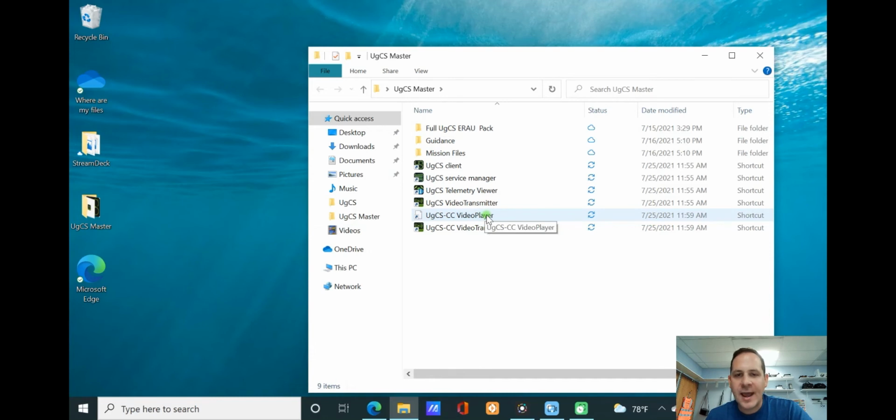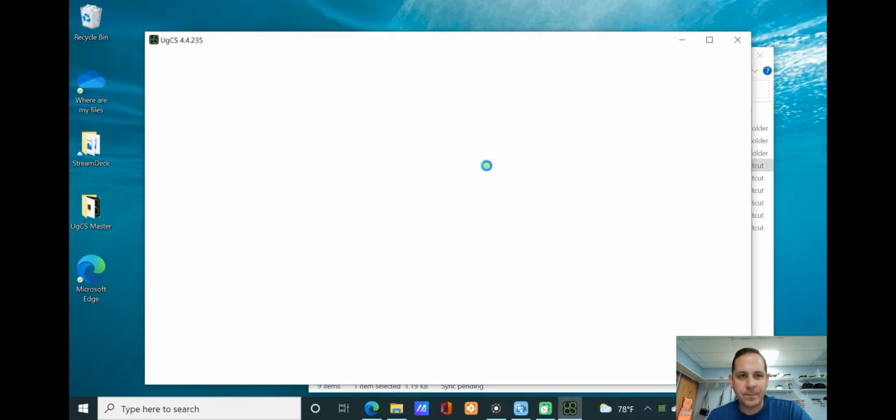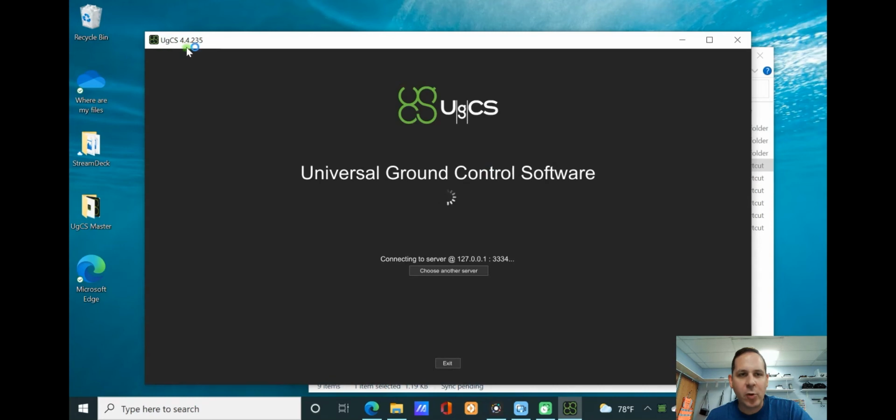I'm not sure why this doesn't have an actual icon in it, but the video player is going to come into use once we want to stream it. So this is where you're going to see the drone footage coming through, and you're going to see the telemetry and all the mapping data come through on the client once we execute live. Alright, so I'm going to double click on the UgCS client. Again, we can see what version we're working with here on the top left corner. And by default the server is